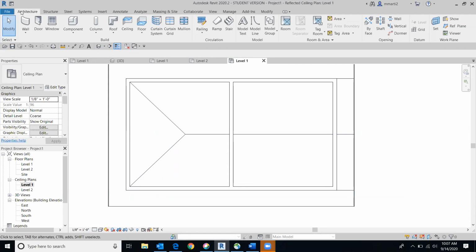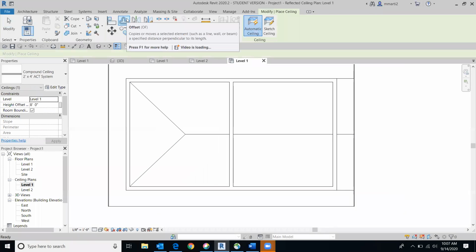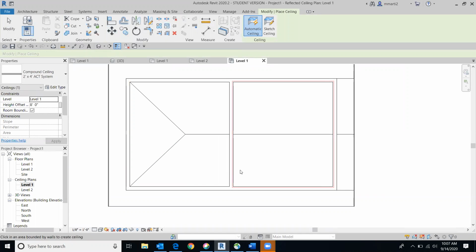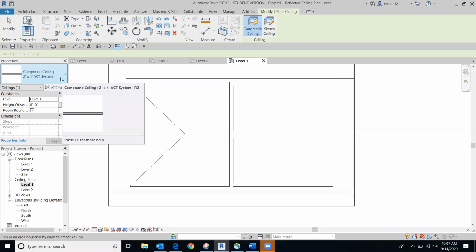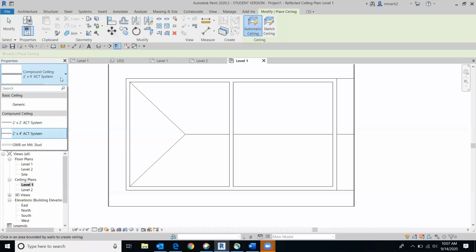For that, we're going to architecture tab, build panel, ceiling tool. When we click that, the default is going to be automatic ceiling and a compound ceiling 2x4 inch ACT, which means acoustical ceiling tile system, similar to what you would see in a commercial building. Obviously, we're not going to have